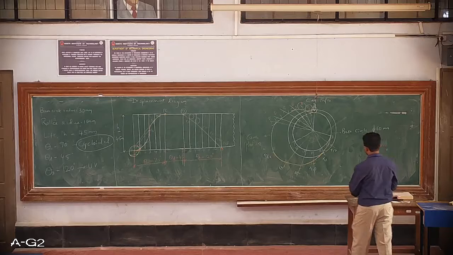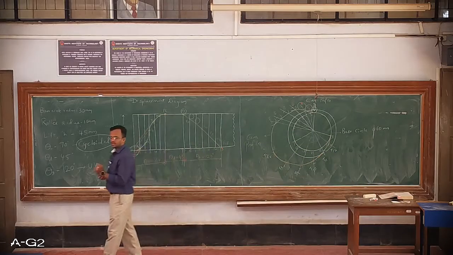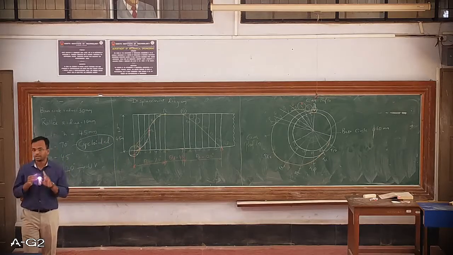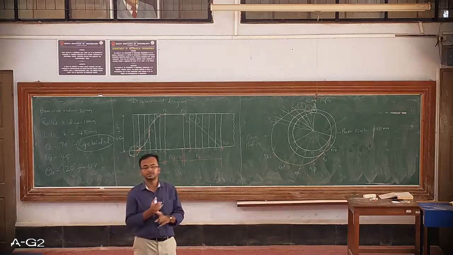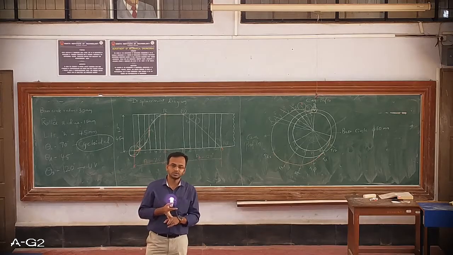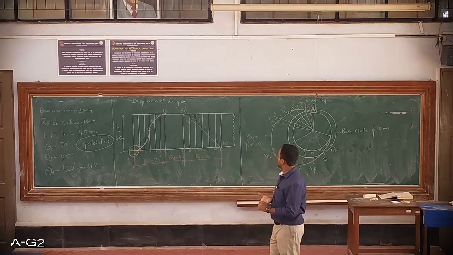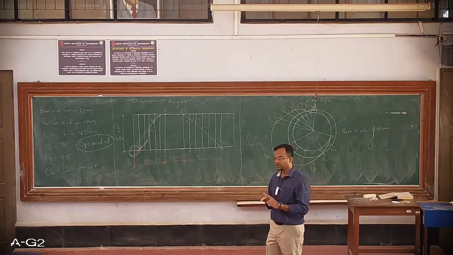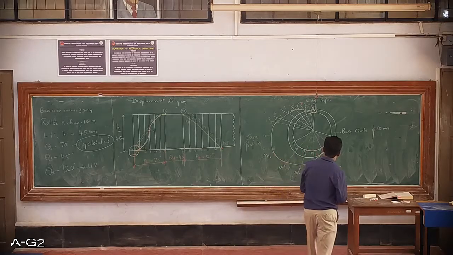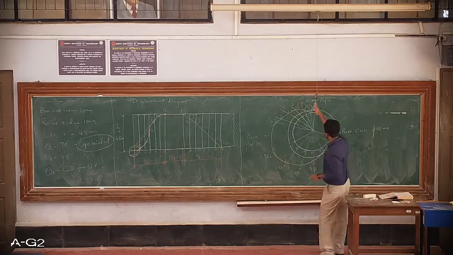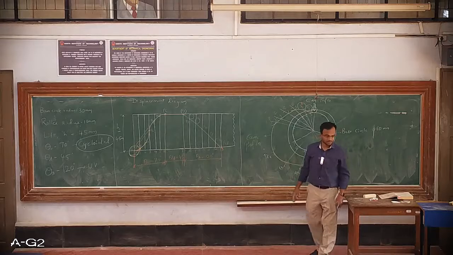Okay, so this completes the problems of cam profile, wherein we have included all types of follower motion, that is uniform velocity, SHM, UARM, that is uniform acceleration and retardation motion, and cycloidal motion. We have also covered all types of follower, that is I have covered knife edge follower and the roller follower. We have covered the follower axis being inline, as well as the problem where the follower axis is offset.